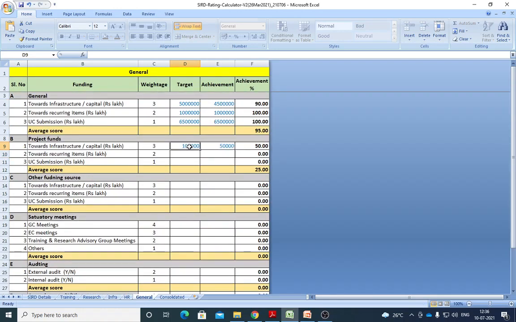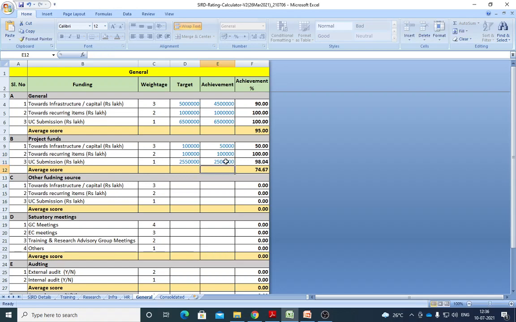The same thing. Based on how much acceptance you are getting, again you are going to get it, right? The same way, towards recurring grant, you can enter maybe 10 lakh. Yes, I was able to complete 10 lakh. Okay, likewise you can enter. You see, submitted, again you take the previous year, I have 5 lakhs plus here 10 lakh plus 50,000. I was able to target these things. Yes, we can take that, maybe previous year 25 lakh, 25 lakh, 50,000, I can get it. I have to target, but I was able to issue only 25 lakh UC.